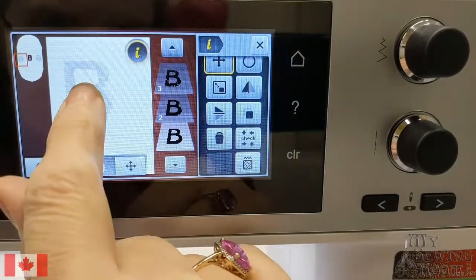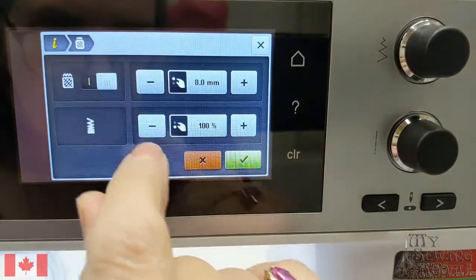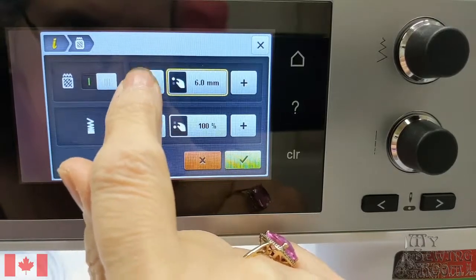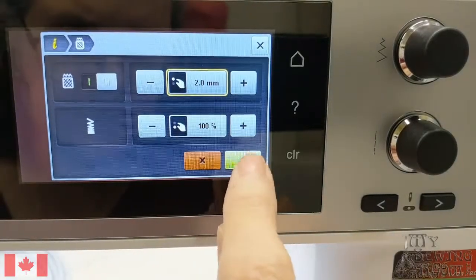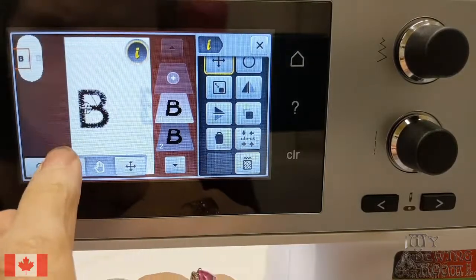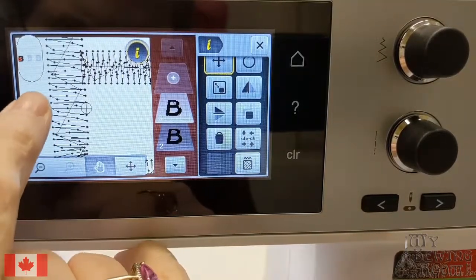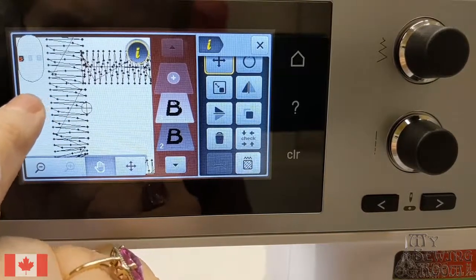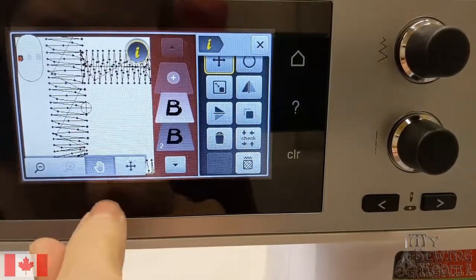So let's go over here. This is my 40%. Let's go back into here and let's turn on. I'm just going to make this a little smaller so you can see. Let's put it to 2 millimeters. There. Now you can see the step stitching. You can see the stitch and another stitch, stitch, stitch. So you can really see the step stitching, as opposed to, let me go back out,